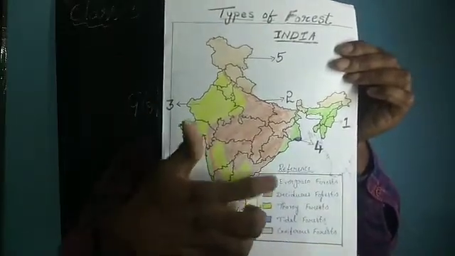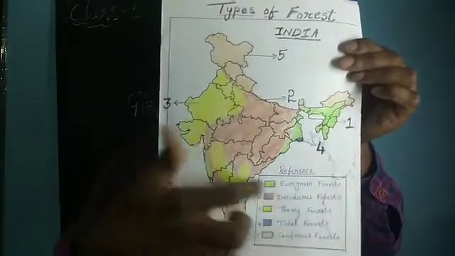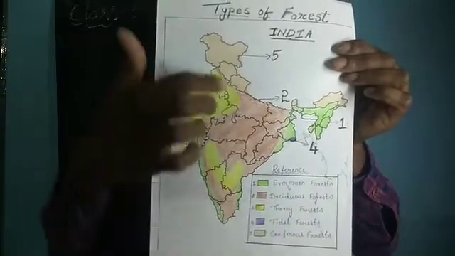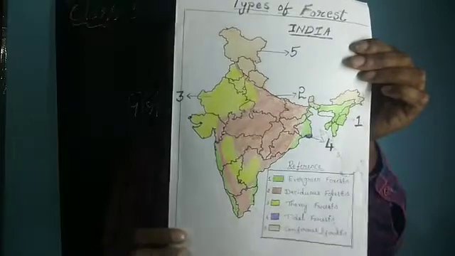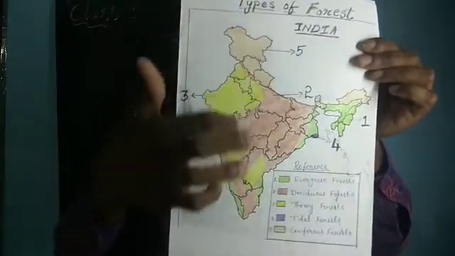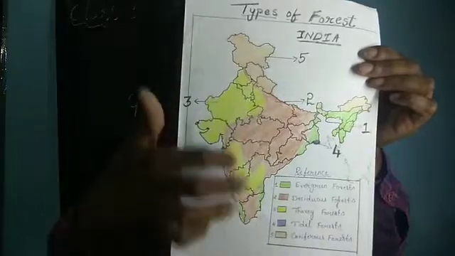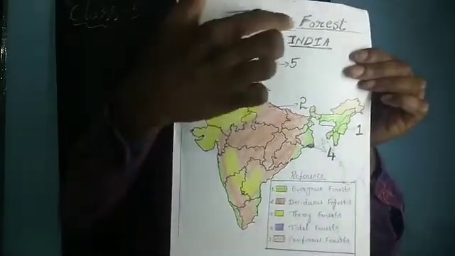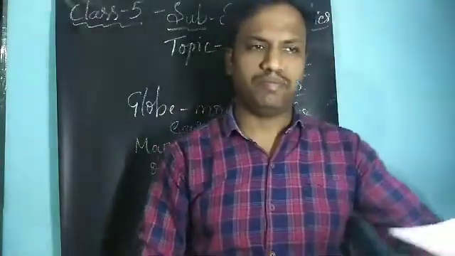Evergreen forest you can find in some places of the eastern part, and thorny forest you can see in different parts of the west side, and you can see that different types of forest are spread out in the different parts of the country. This is about the forest, how it has been spread out. The forest which has been spread in the different parts of India. Here we have taken the theme called forest. So this is a thematic map.